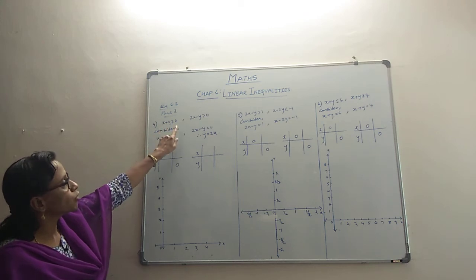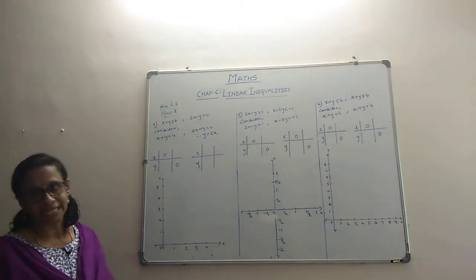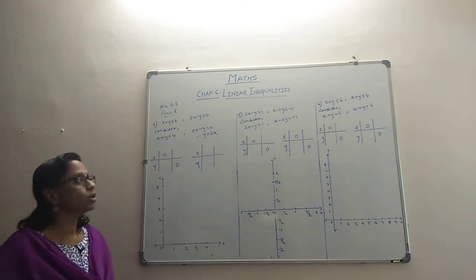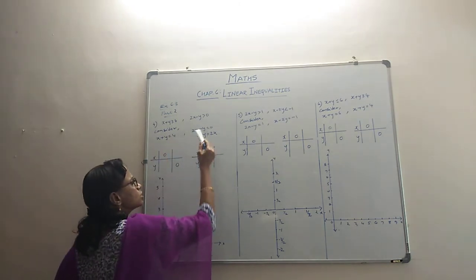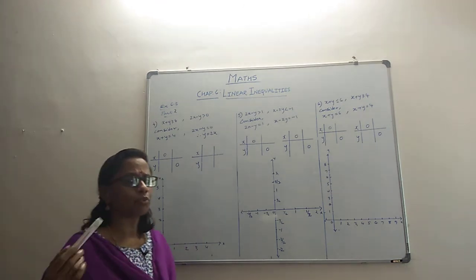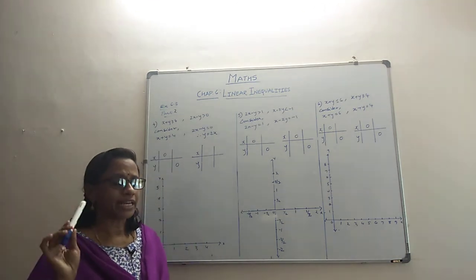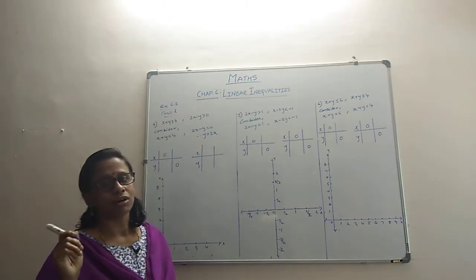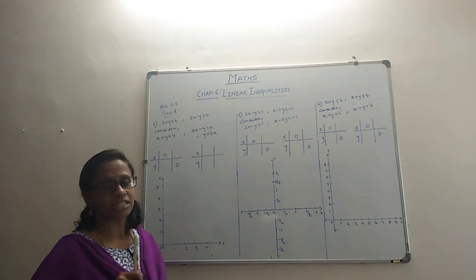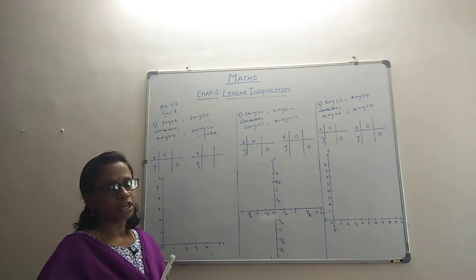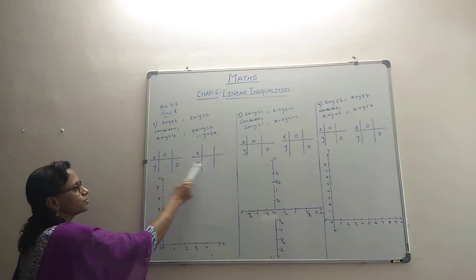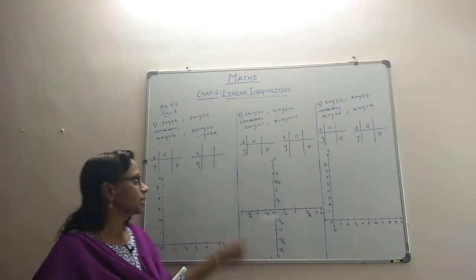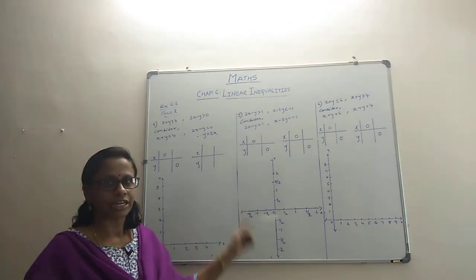x plus y greater than or equal to 4 and 2x minus y greater than 0. For x plus y greater than or equal to 4, its equality is x plus y equal to 4, and this is 2x minus y equal to 0. Indirectly it is of the type y equal to mx, and we know that any equation of the type y equal to mx will definitely pass through the origin. So this is a special line, a line that is passing through the origin. So there the origin test won't work, because origin is one point. So when we substitute points, we have to be a little careful in such kinds of lines.